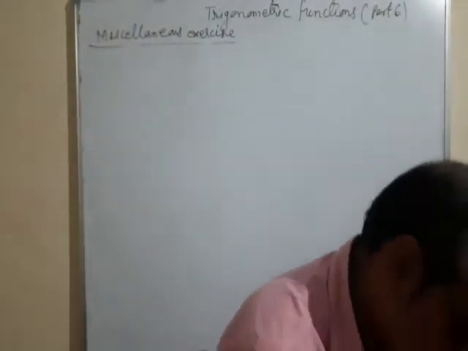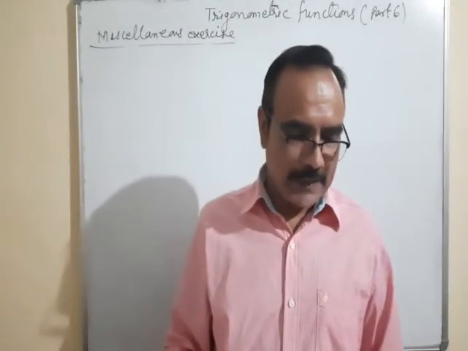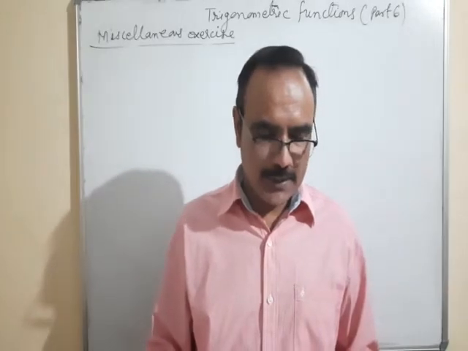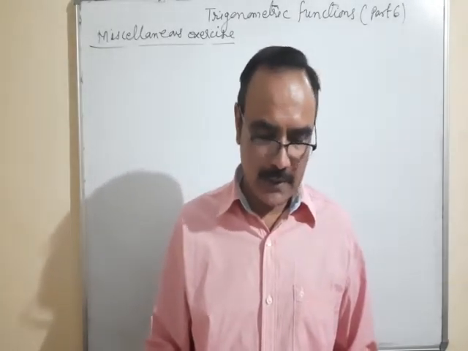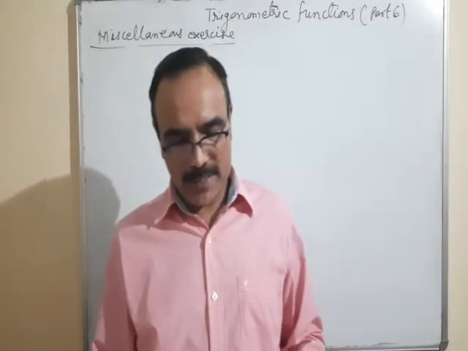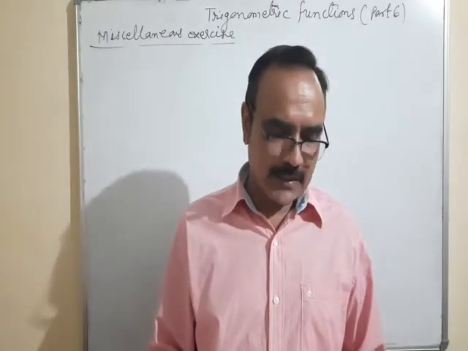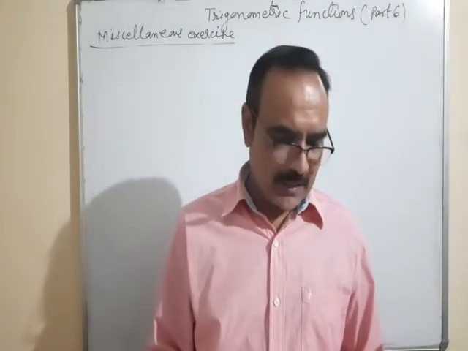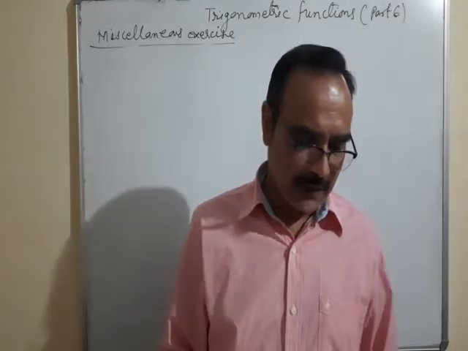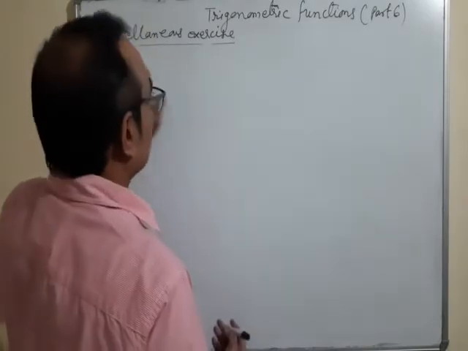Now I am selecting questions number 8, 9, 10. There are 3 questions. Find sin x by 2, cos x by 2, tan x by 2 in each of the following. Tan x is equal to minus 4 by 3, x in the second quadrant. Cos x is equal to minus 1 by 3, x in quadrant 3. Sin x is equal to 1 by 4, x in quadrant 2. Questions 8, 9, 10 are the same type. I am taking questions number 9 and 10. Cos x is equal to minus 1 by 3, question number 9.